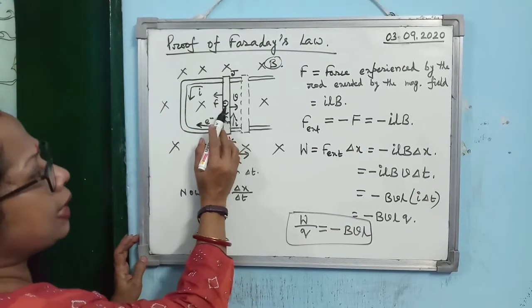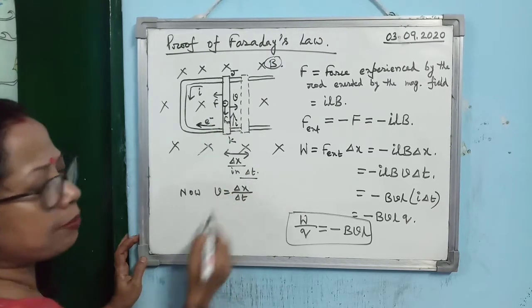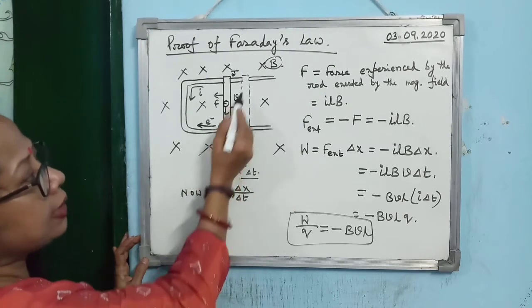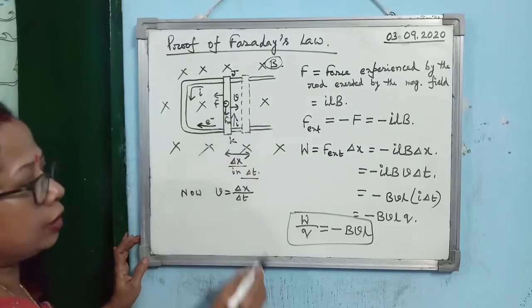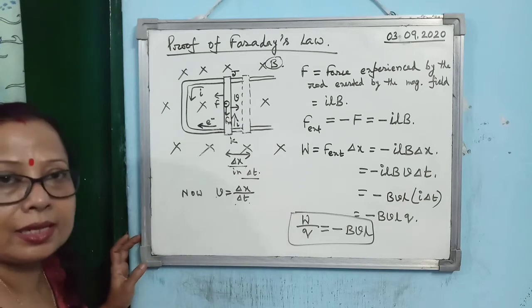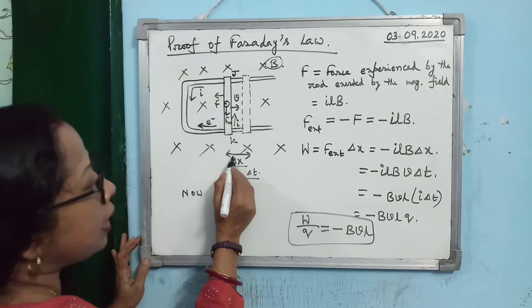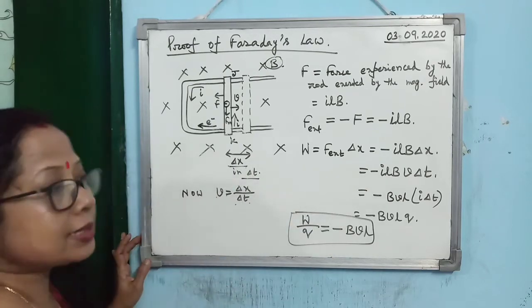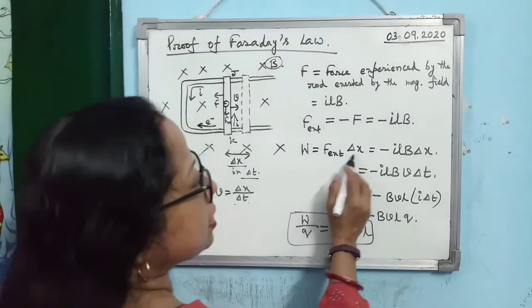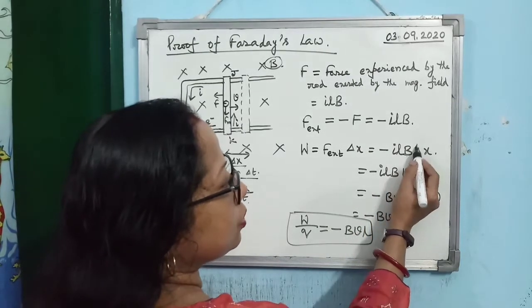Now consider that when the conductor is in motion, it moves a distance del x in time delta t. Initially it was at this position, then after time delta t it has come to the dotted position, moving a distance del x. Then you can write v is equal to del x by del t. So when force is applied on the conductor and it has undergone a displacement del x, a certain amount of work is done. So what is the work done? Work done will be F external into delta x, which is ILB into delta x.